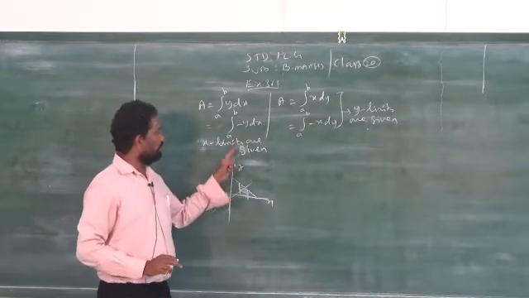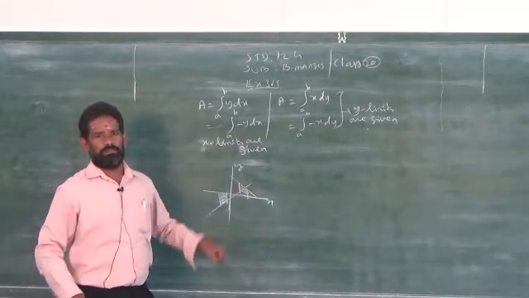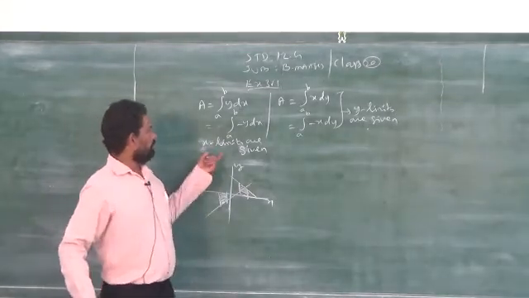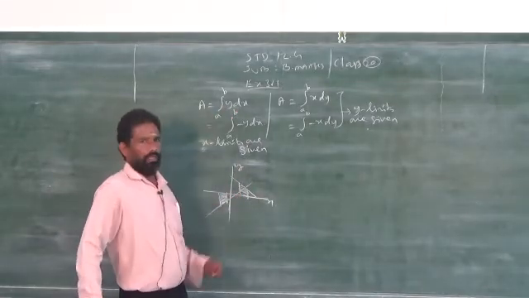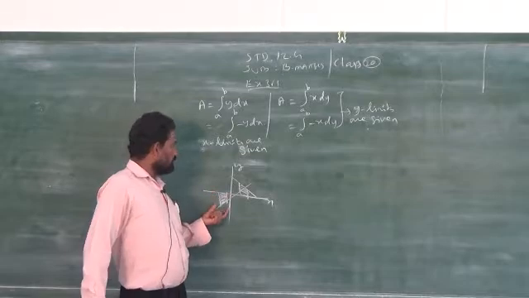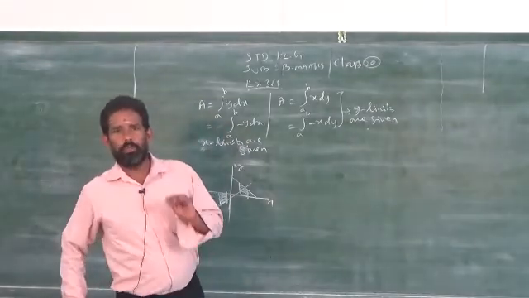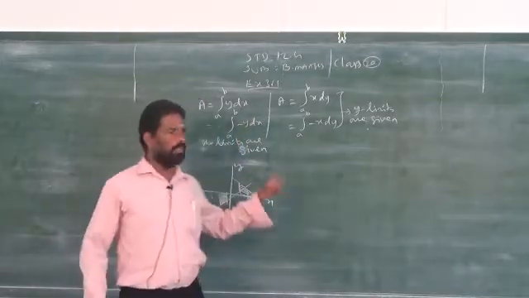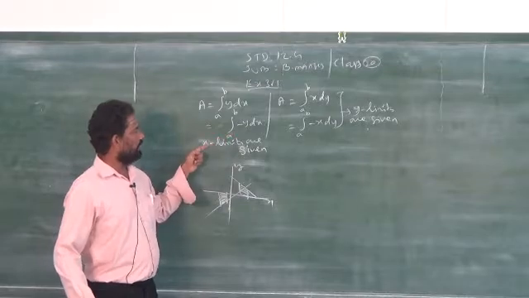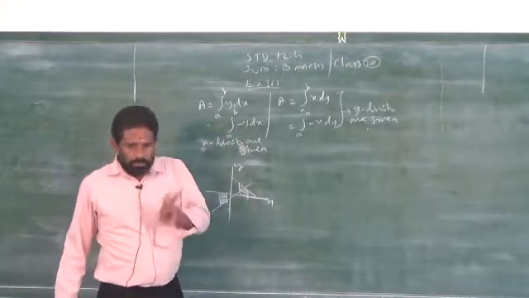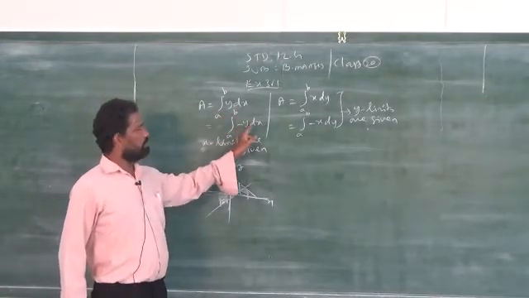Whether below the x axis or above the x axis, provided x limits are given. You can apply these two only when you ensure that the limits are given for x. When the limits are given for x, if it is above the x axis, take the first formula. If it is below the x axis, take the second formula. Be careful when you apply these two formulas. That's what I am writing here. These two formulas are only suitable for when x limits are given. When x limits are given, we have two types. One is positive y dx and another one is minus y dx.